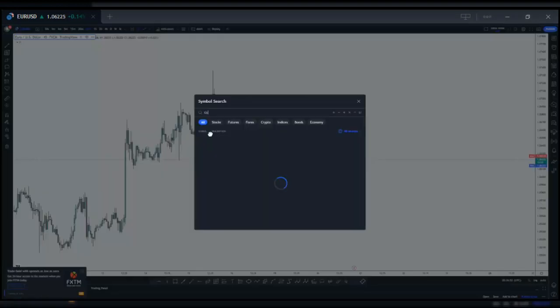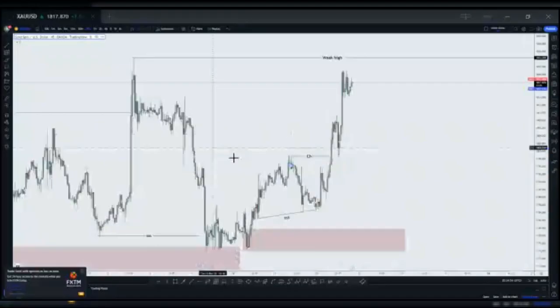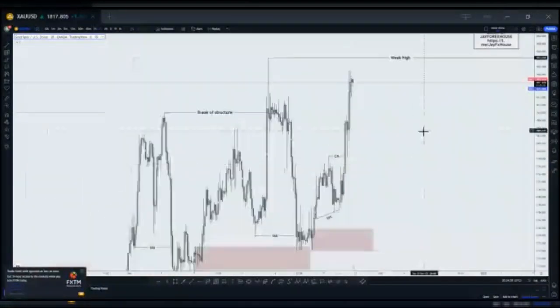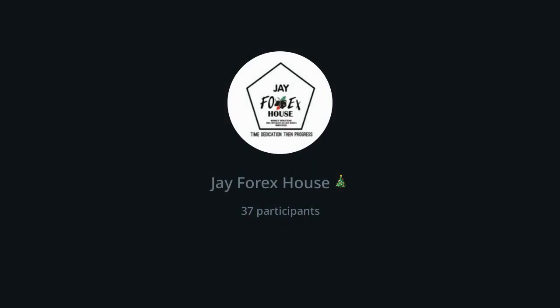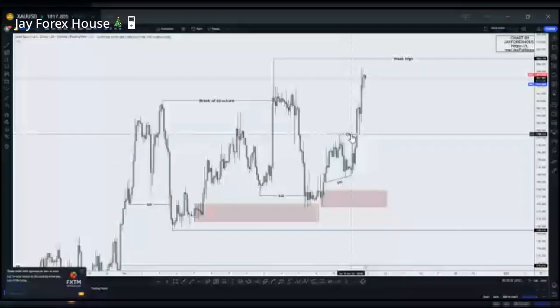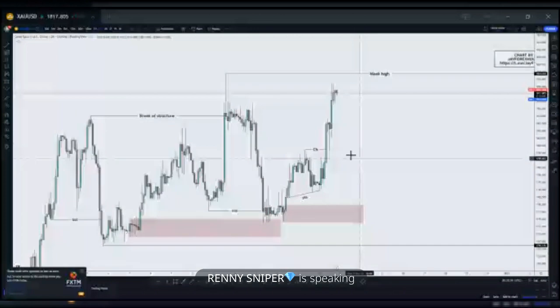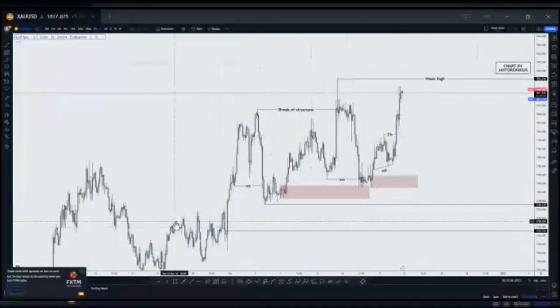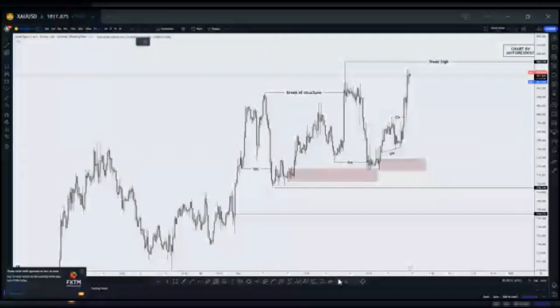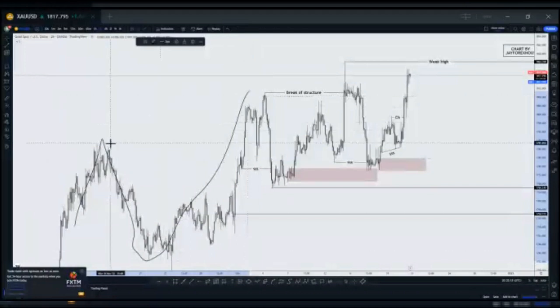Okay, so let me go to that pair. All right, so this is the analysis you're talking about, right? Okay, so this change of character is what you're talking about, right? Yes. All right, so what I was paying attention to is actually the entire structure. What do we see when we observe the full structure? We see we had a break of structure from here, and price